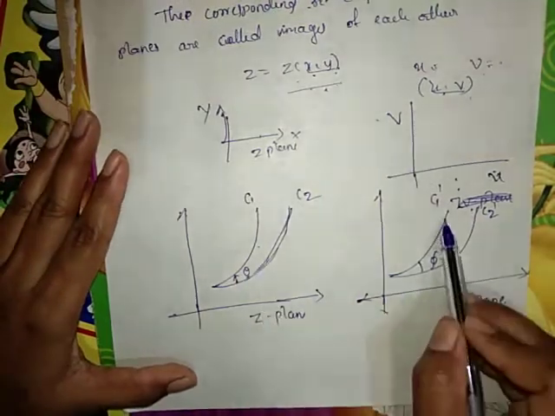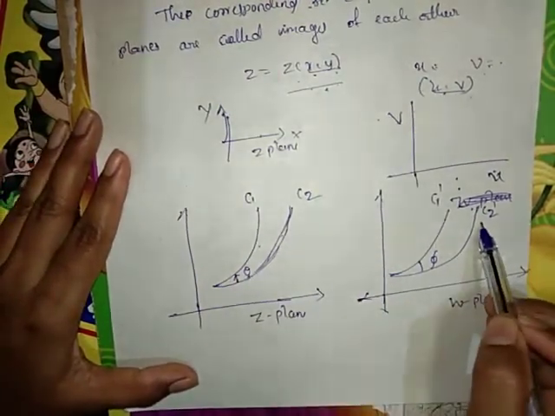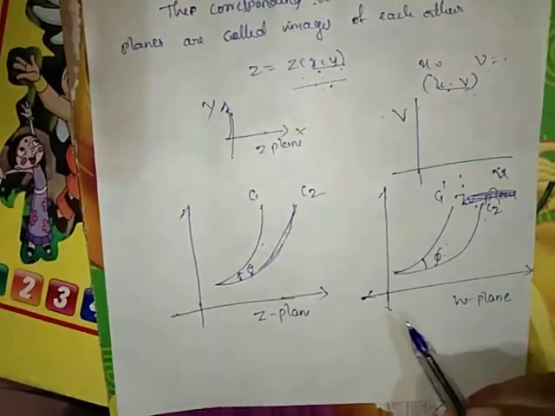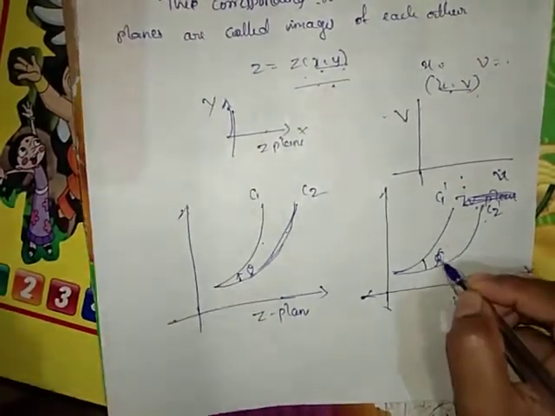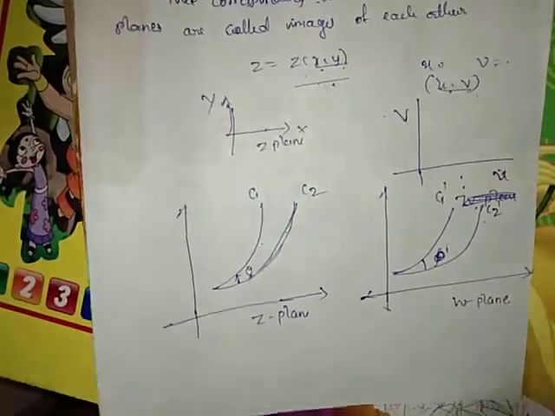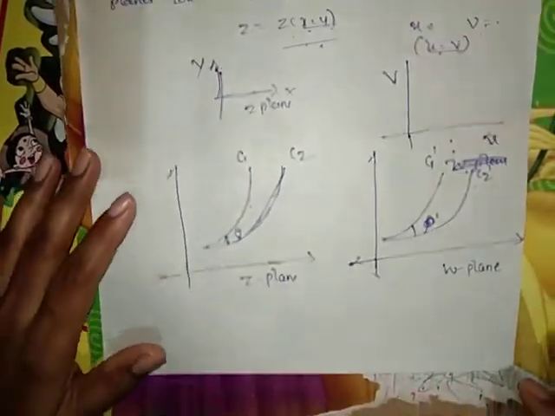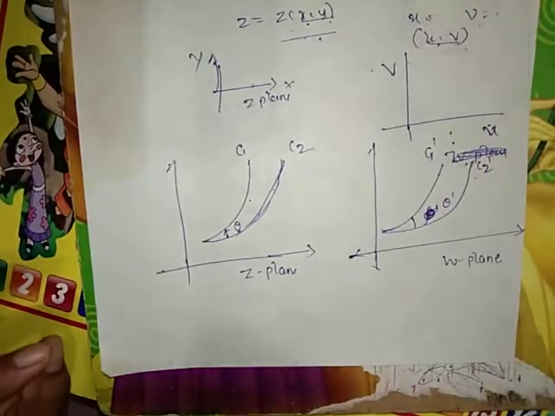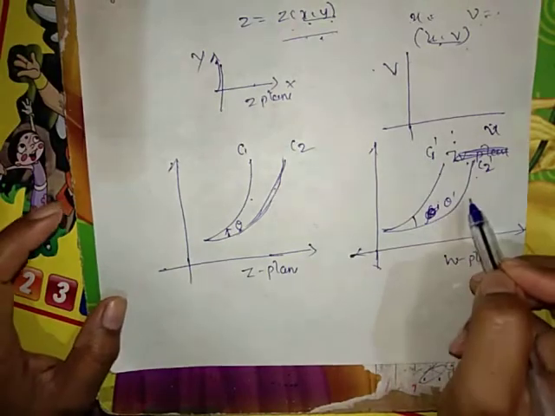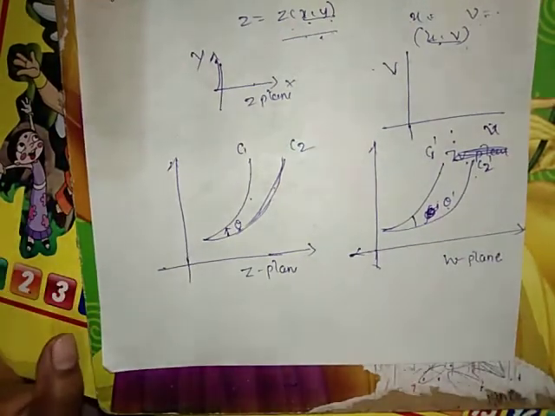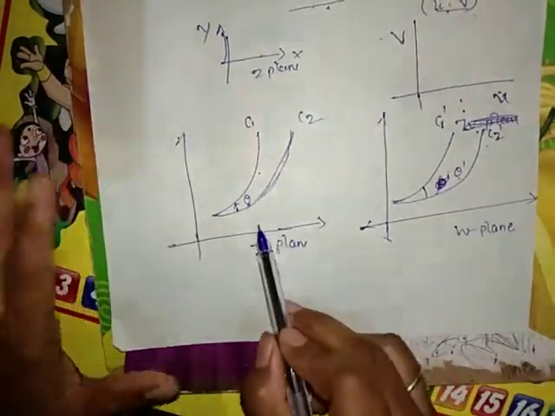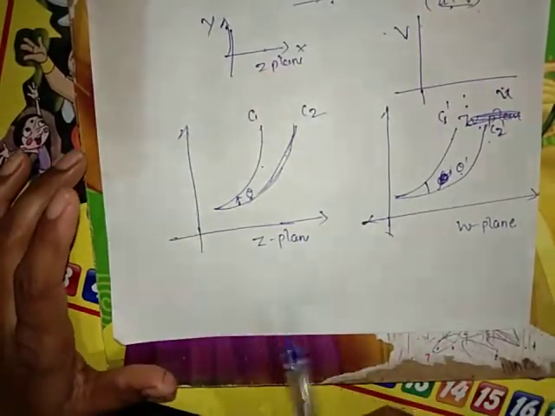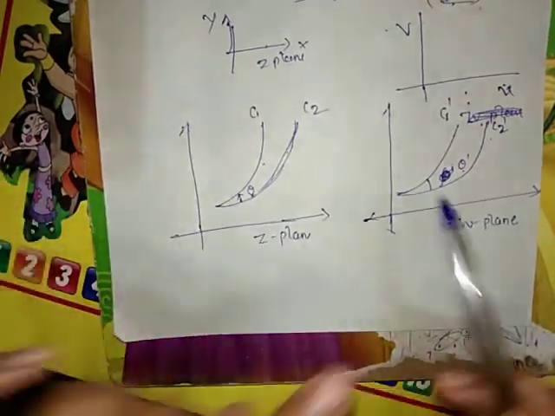Suppose C1 is mapped onto C1 dash, C2 is mapped onto C2 dash, and the angle theta is converted to, in the W plane, the angle I will take as theta dash. You can take another symbol also, no difference at all. It is just a notation we have used: C1 dash, C2 dash, theta dash. These are just notations. Clear? So when Z is mapped onto the W plane,